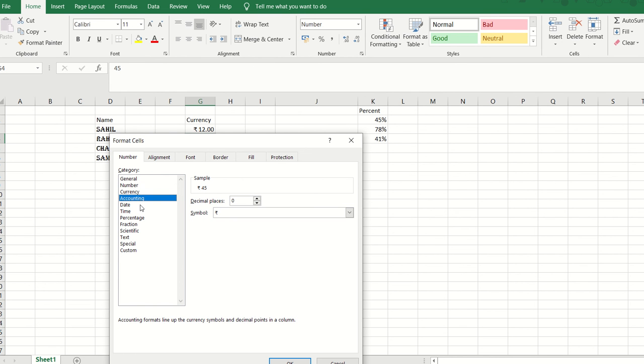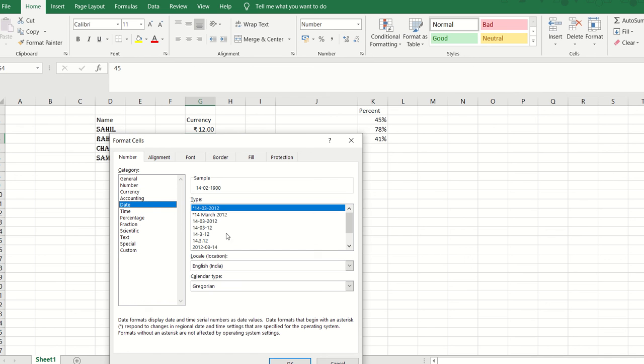And then from a date aspect, again, if you want to format the date, you can select from these options which are available over here. If you need it in the date, month, and full year format, or month, date, and year in a 2-digit format, you can select any of the options available over here, with the hyphen, without a hyphen, with the dot. You have a number of options.